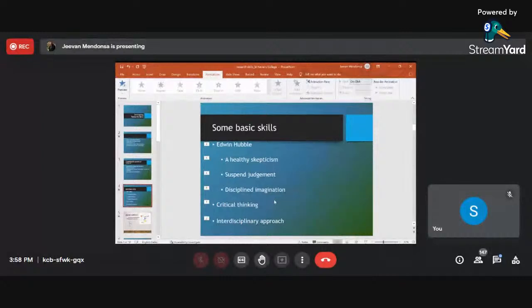What I'm going to add is not just something original of mine. It's known, and Dr. Emmanuel also spoke about it. Critical thinking. I would like to add here critical thinking. I think it's a very important skill, and its importance can never be overemphasized. And having an interdisciplinary approach. So this is what I was referring to when I was speaking about broadening one's horizons and not being restricted to one's own field.